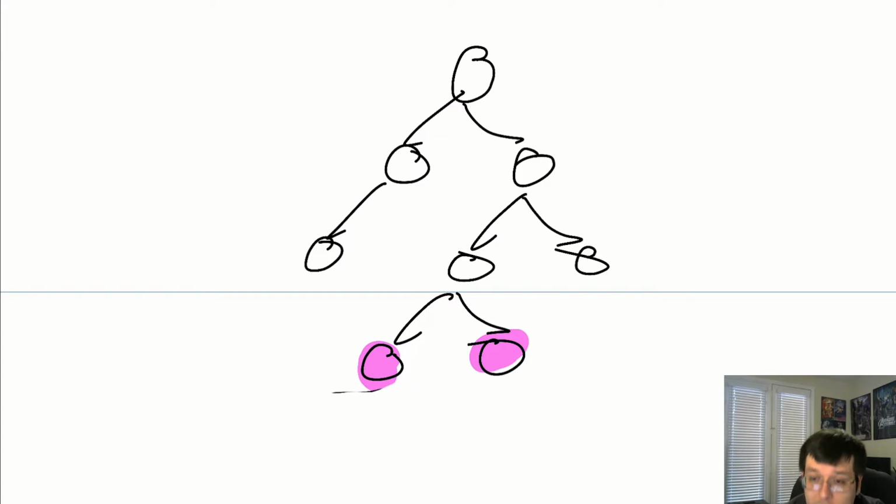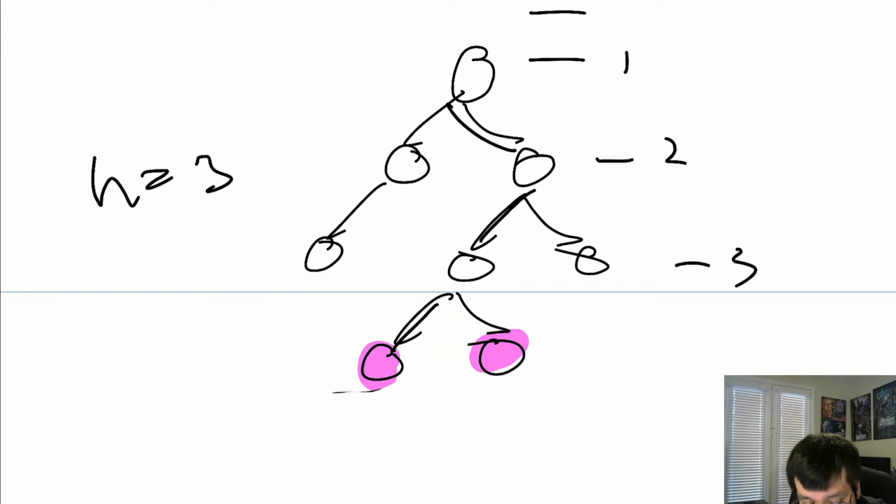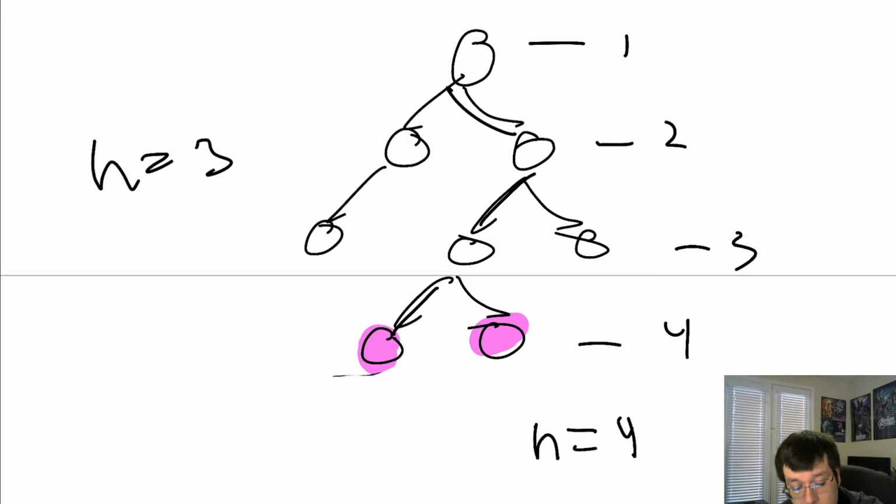And so we will measure the height of the tree on the basis of that, which some people might say, oh, well, this is 1, 2, 3, so this is height 3. But that's making a different assumption, because if you go with the one that I told you, then this is height 0. Nothing is height 0. This is height 1, height 2, height 3, height 4, right? So this would actually be height 4 based on this definition of height. But technically speaking, height 3 is a valid answer as well, as long as you consider a single node to be height 0 and not height 1, okay?